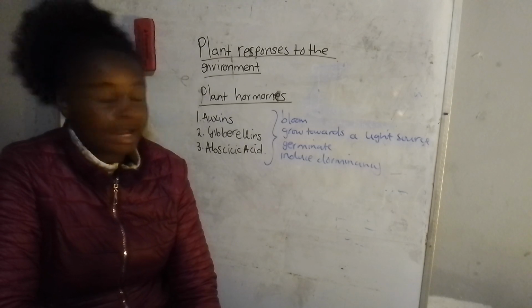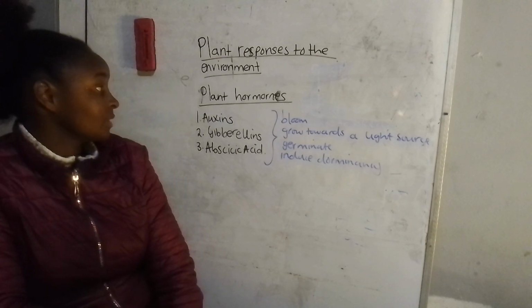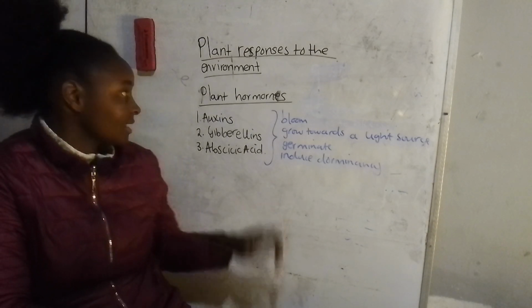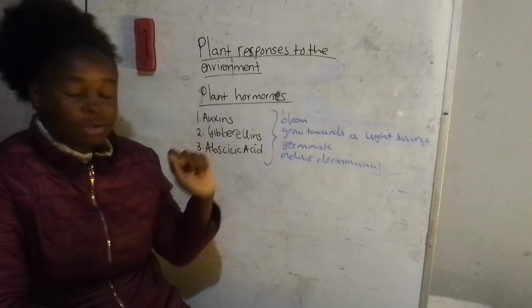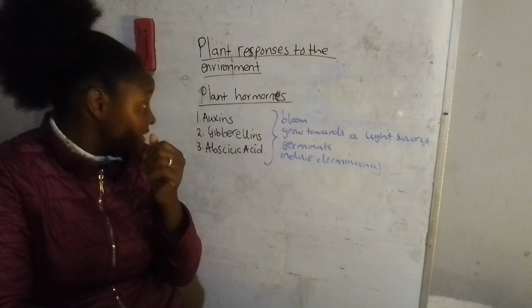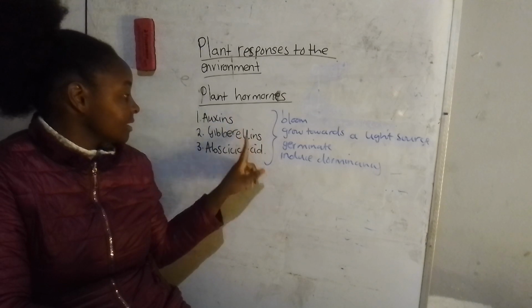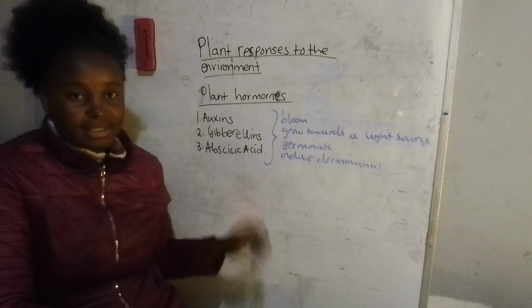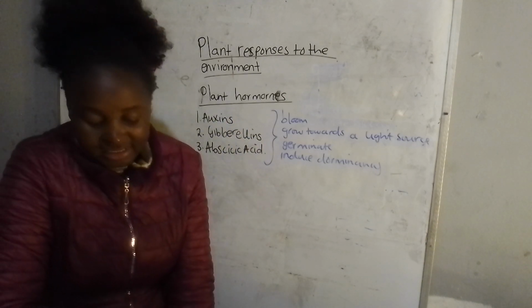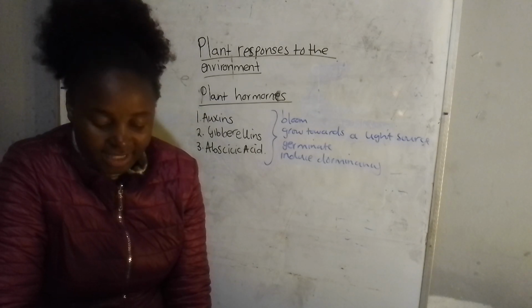Today we are looking at plant responses to the environment, and we are going to be focusing on plant hormones. So we have three main plant hormones, which are auxins, gibberellins, and abscisic acids. So just in case they ask you to define these hormones,